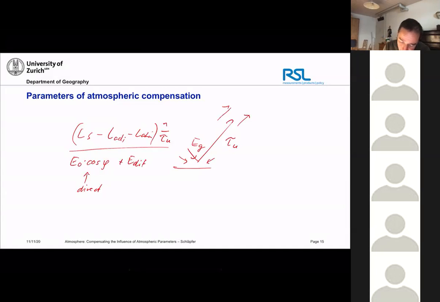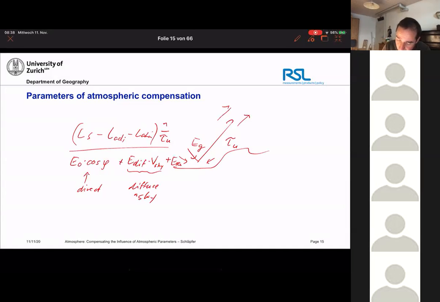from the sky. And if you have some terrain, then you have to take into account the sky view factor, so the diffuse sky irradiance, and moreover you have some terrain irradiance, E terrain. This makes these few effects, or this correction, almost done,